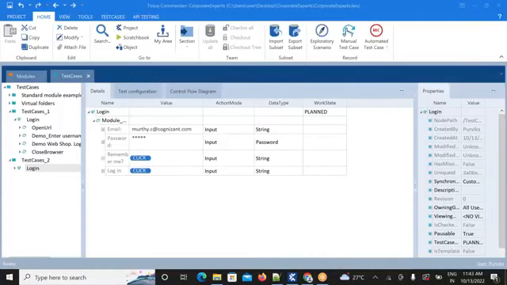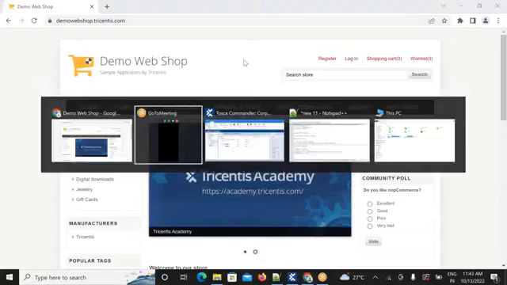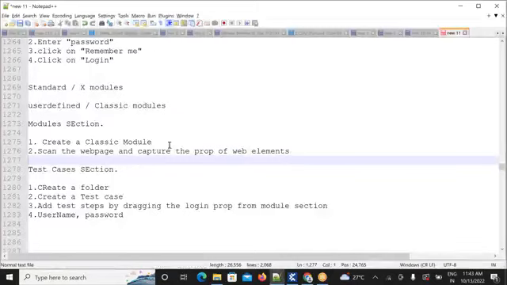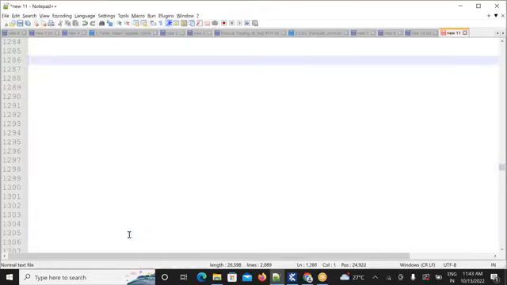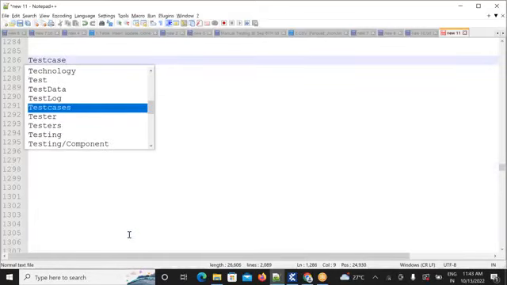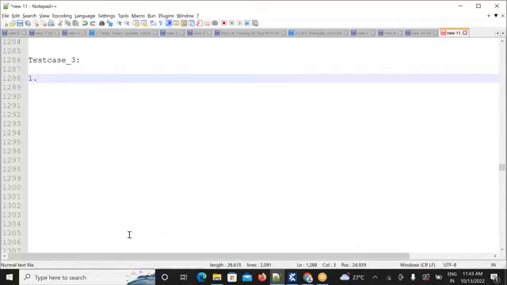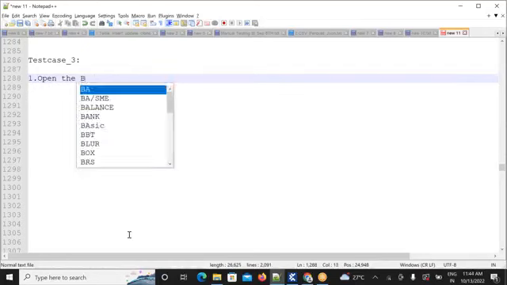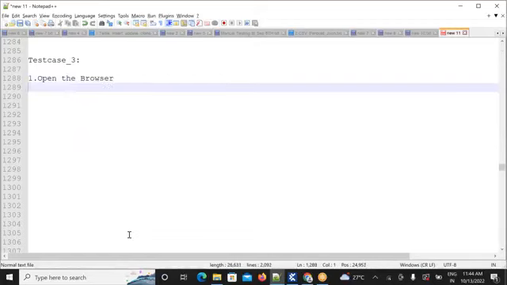There is a scenario where you need to open the browser. The next scenario will go like this, the next test case will go like this, something like test case 3. I need one test case. First one is I need to open the browser. Okay. Second one, I need to click on,